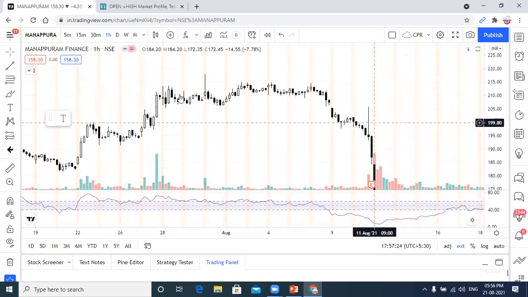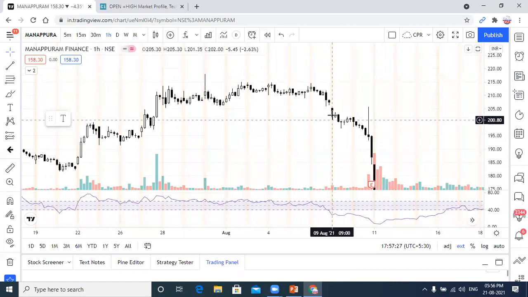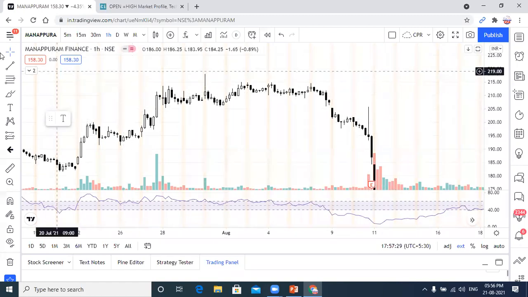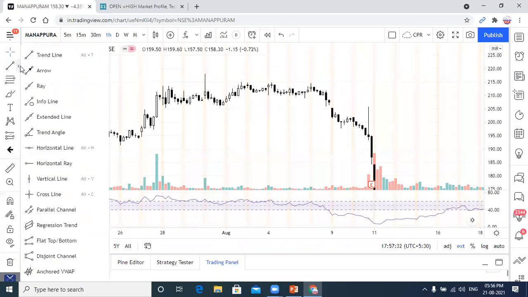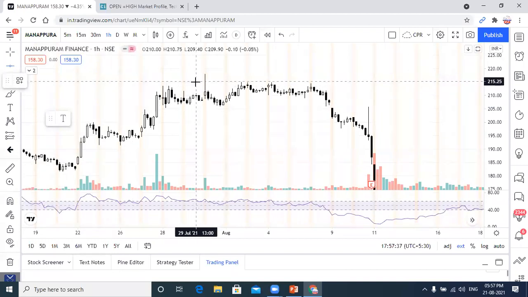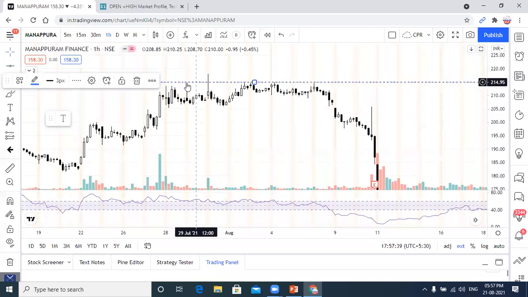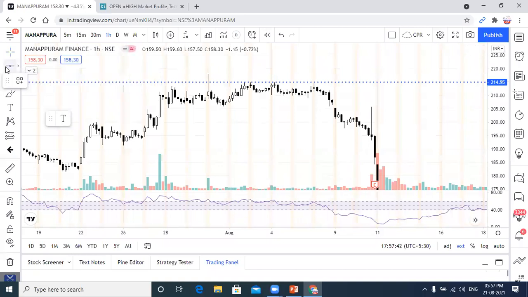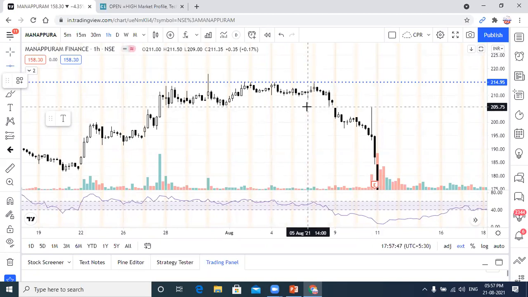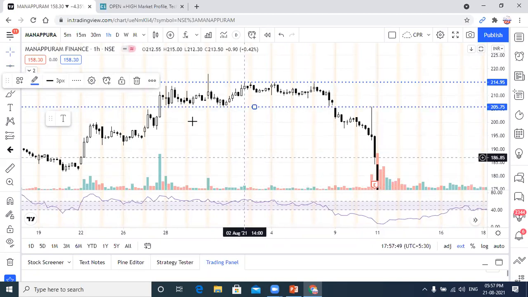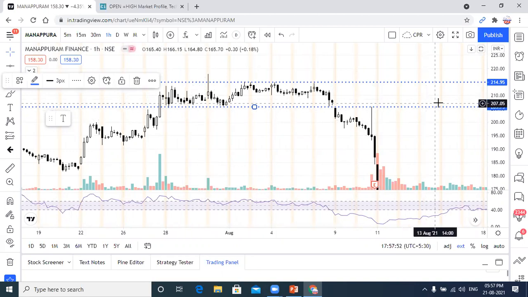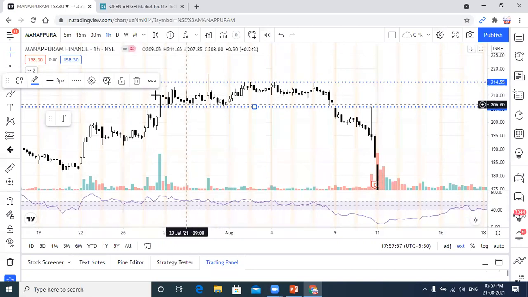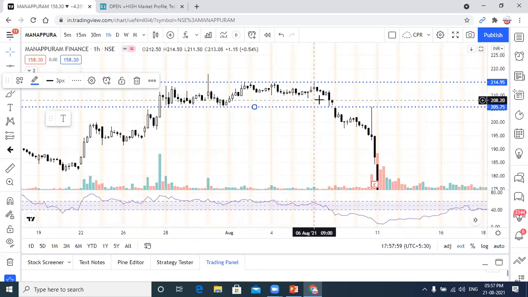Okay. So this is the hourly time frame, Manappuram Finance, and this was the 9th August. We got the setup on the 5 minutes time frame. Now before 9th August, you can see what this counter was doing. These points which I'm explaining will give you more confidence to take a trade if you are getting this kind of setup. Before 9th August, Manappuram Finance was completely sideways on the hourly time frame. This counter was taking support very close to 205. On the upside, 215 was resistance. So this was a 10 points band. Price was moving in this 10 points range.